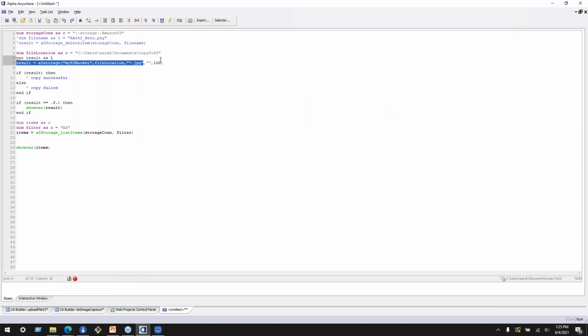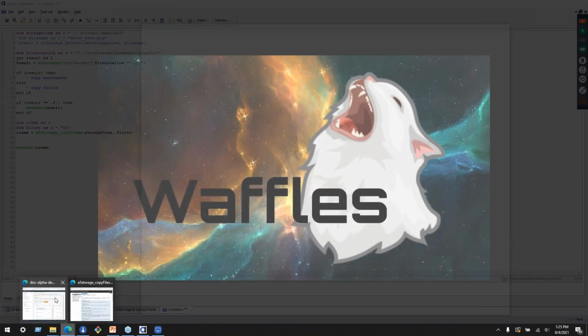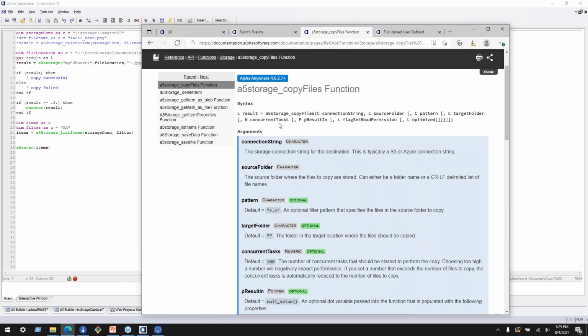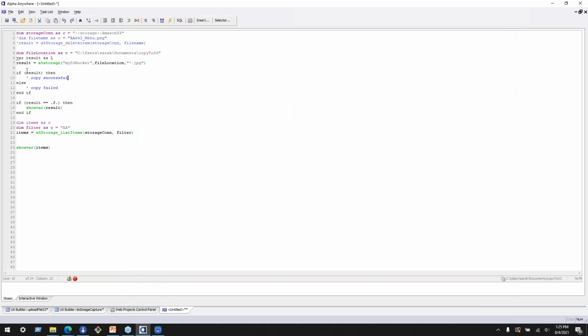In fact, I don't need these last 2 parameters at all, because I'm just going to upload them to the root in that bucket and just accept the default concurrent tasks. So if that succeeds,